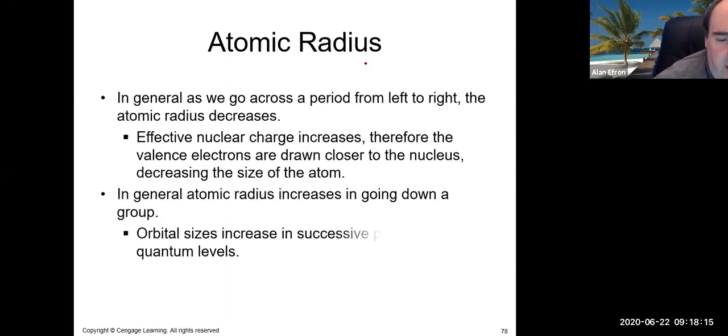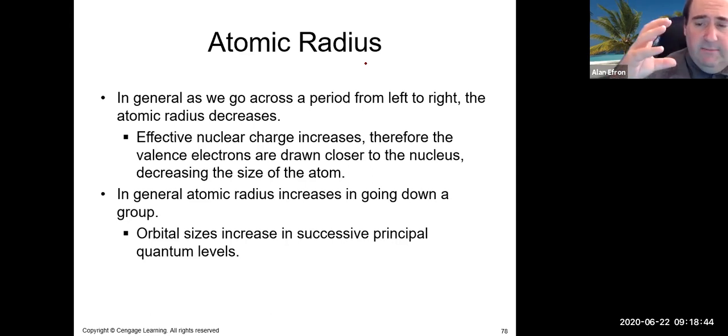Atomic radius, as I talked about as well, is again, as we go left to right on the periodic table, it gets smaller up and to the right. And as we go left and down on the periodic table, it gets larger. Again, that's related to the effective nuclear charge and the build-up principle. Going to the right, you're building up more and more positive charge. That's why everybody on the right-hand side of the periodic table is much smaller, because all those positive charges in the nucleus bring the electrons closer in, as opposed to when you go to the left, there are fewer protons, so those electrons are further away from the